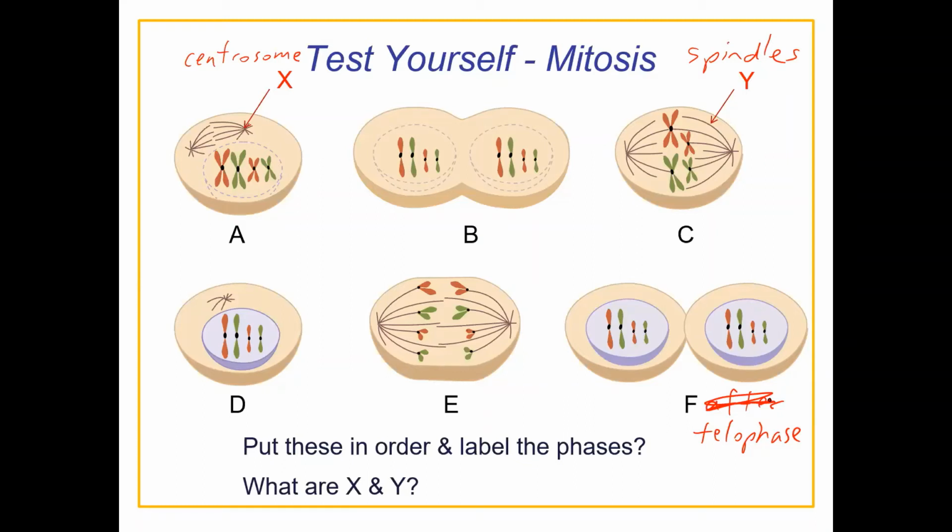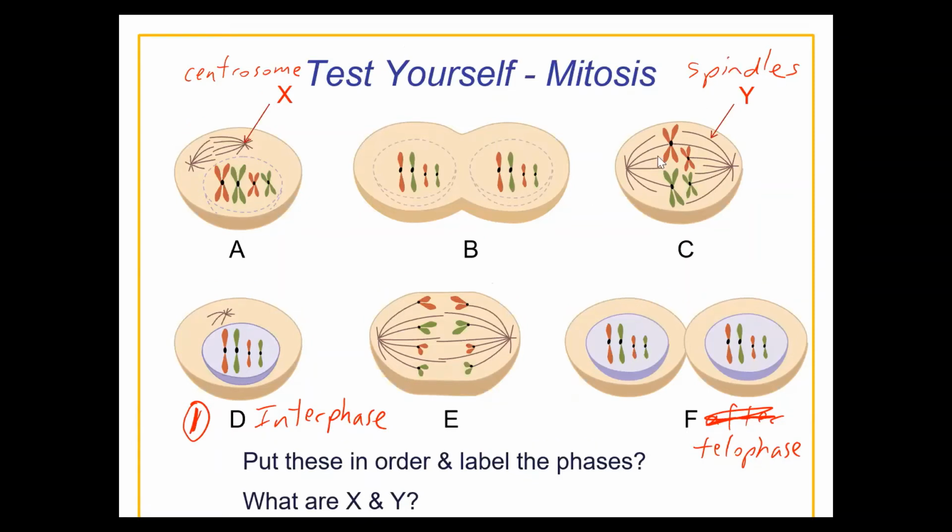So let's take a look at this. We've got some where the cells have replicated their DNA and some that they haven't. So I'm looking here at D. D, that's number 1, and I'm guessing we're going to call this interphase. The reason I'm not 100% sure is that in interphase, the chromosomes are not going to be condensed, but I think just for being simple, they've condensed them so you can count them and see them easily. So in interphase, those chromosomes are going to be replicated, and